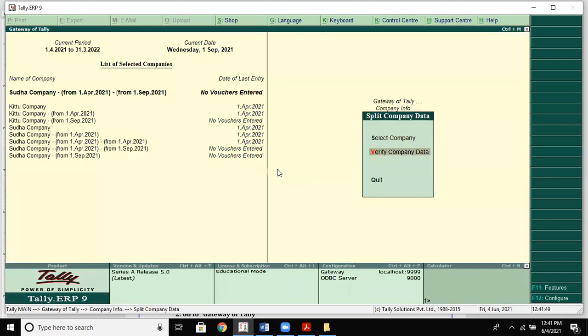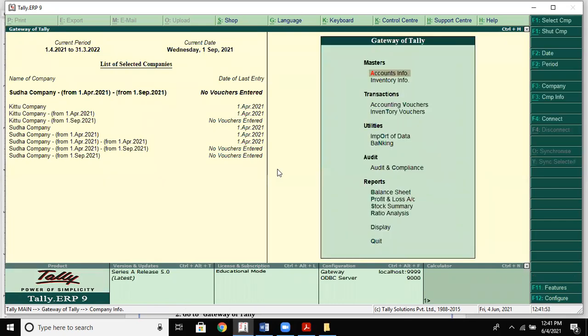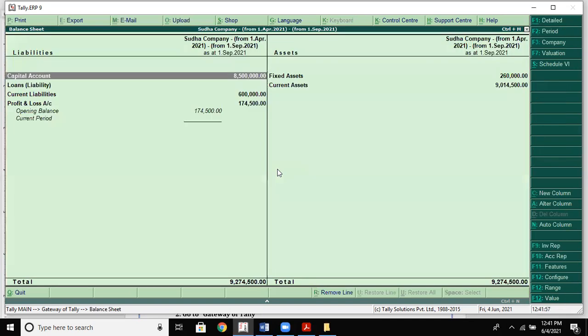Now you go and check the reports of that company. Suppose the balance sheet. You can see Sudha company from 1st April 2021, and it is as at September 1st. This will be the balance. Then your Sudha company from 1st April to September, assets would be these balances.